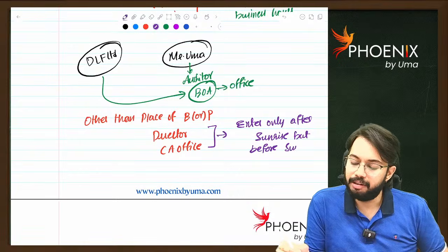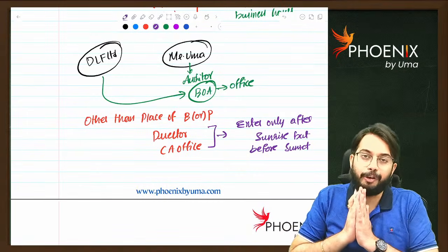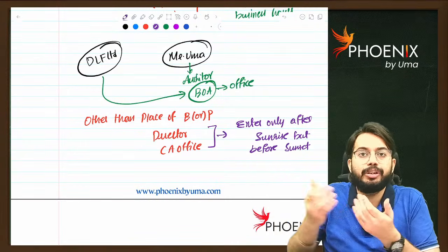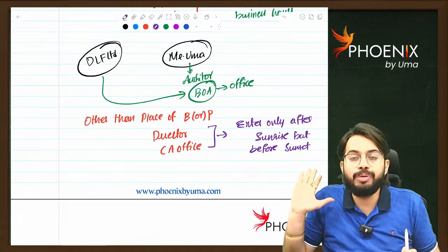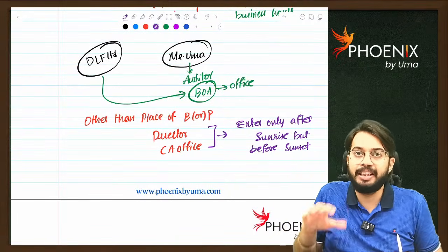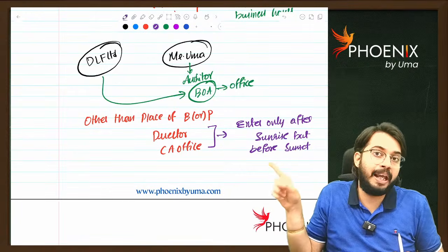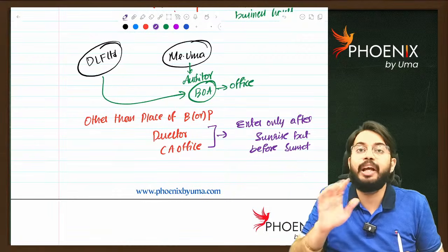For example, like I have studio in one room, I have office in another room. Now they wanted to do survey, office is closed, studio is running. They wanted to do survey of office. Can they do survey? They cannot do survey because mine is CA office. I am maintaining books of accounts of DLF Limited. My place is not place of business of DLF Limited. So now they cannot do survey.